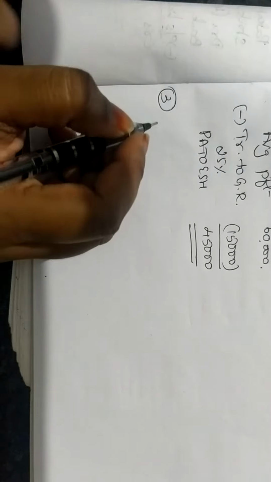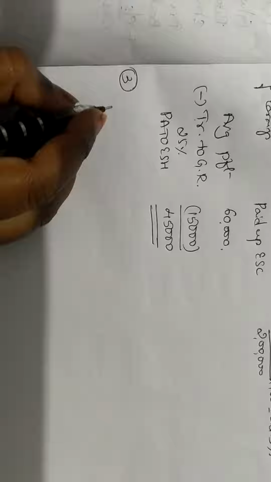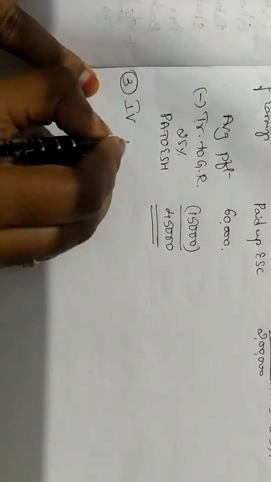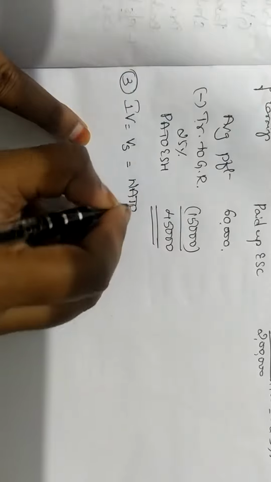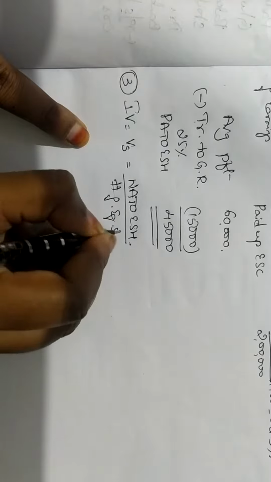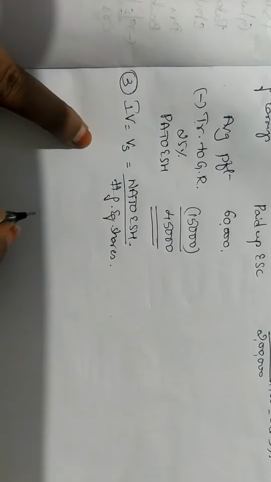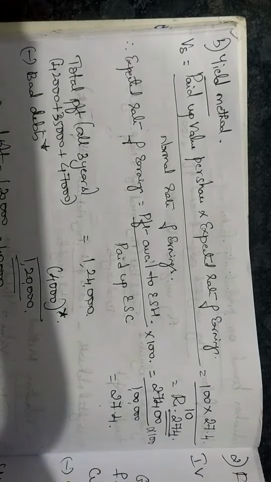Under the fair value method, we are doing problem number 3. So first I will write the formula. First they have asked is intrinsic value. So intrinsic value, the value of share, is given by the formula net assets available to equity shareholders divided by number of equity shares. So first let us calculate the net assets available. So we'll start one by one, which are the market values of the assets given. For those assets where you do not have the market value, we will write the book value.